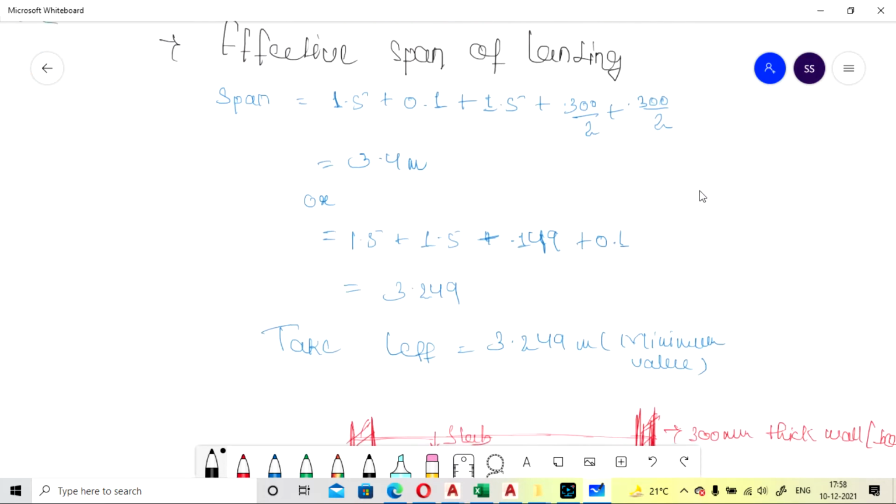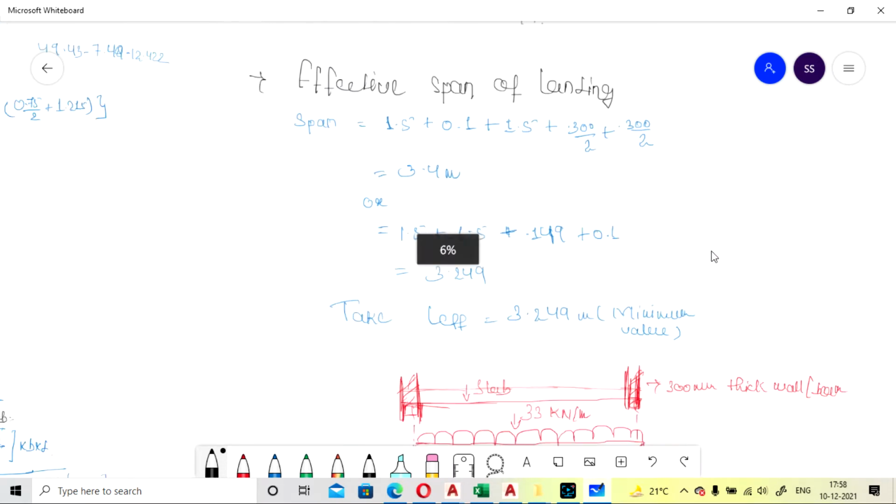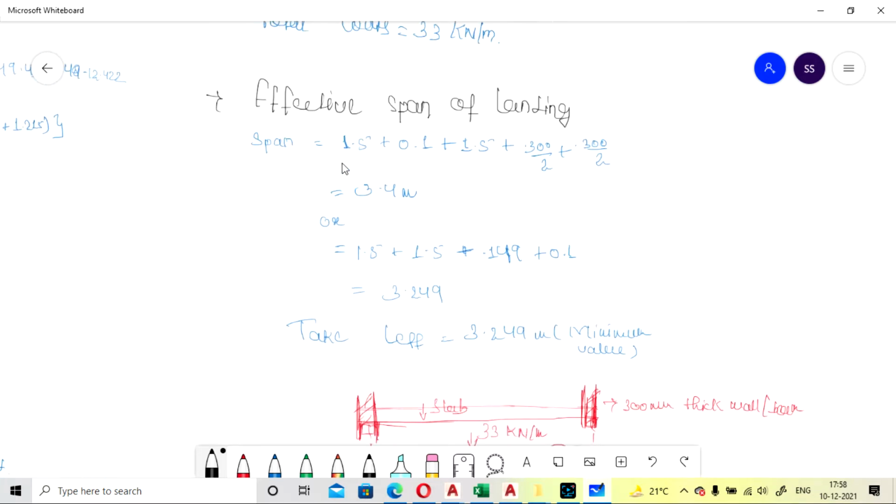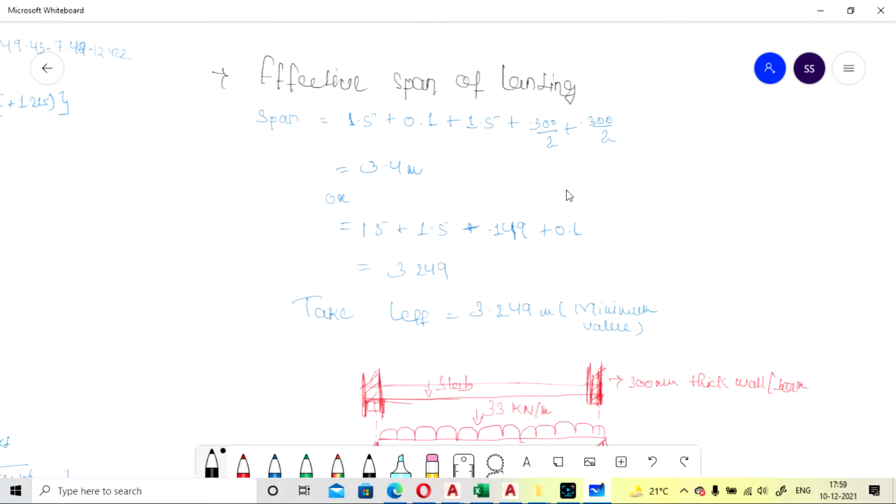And for the calculation of effective span, we know how to calculate the effective span for the slab. So 1.5 is the width of the flight, 0.1 is the spacing between the flights, and 1.5 is the width of the second flight, plus center of the supports on both sides. So its effective span comes at 3.4.